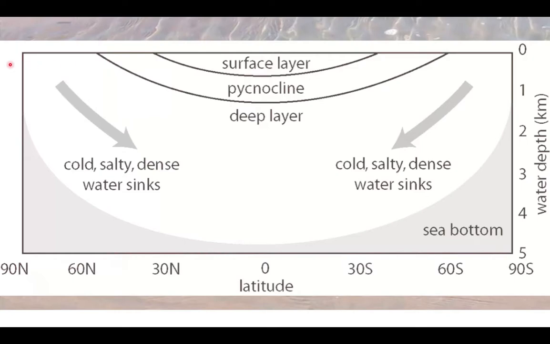In the polar region the water is cold, no doubt, since insolation is less. At the same time, during winters ice forms, so more and more salt is added to the water. If you add more salt to the same water, what will be the result? It will increase the density, right? So the water will sink, and once it sinks it will spread all across the globe in the abyssal plain. The formation of water masses is based on the amount of salinity and temperature. I will discuss that also.